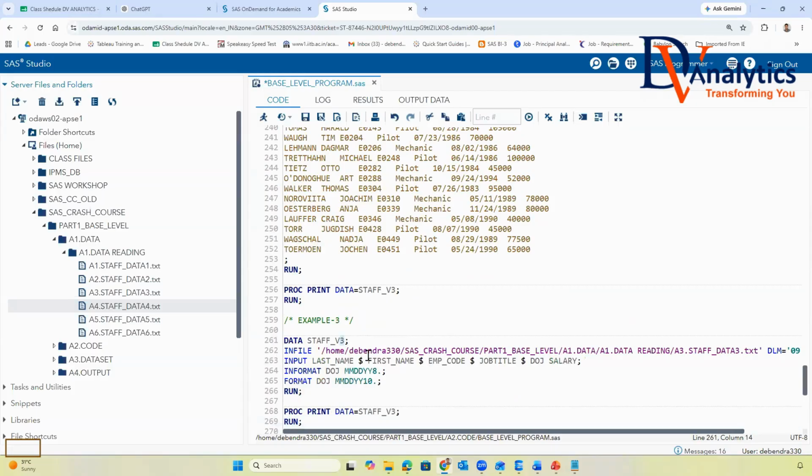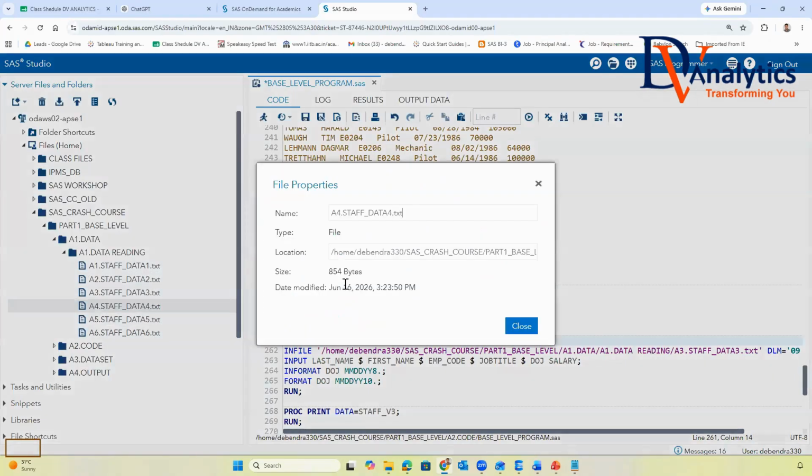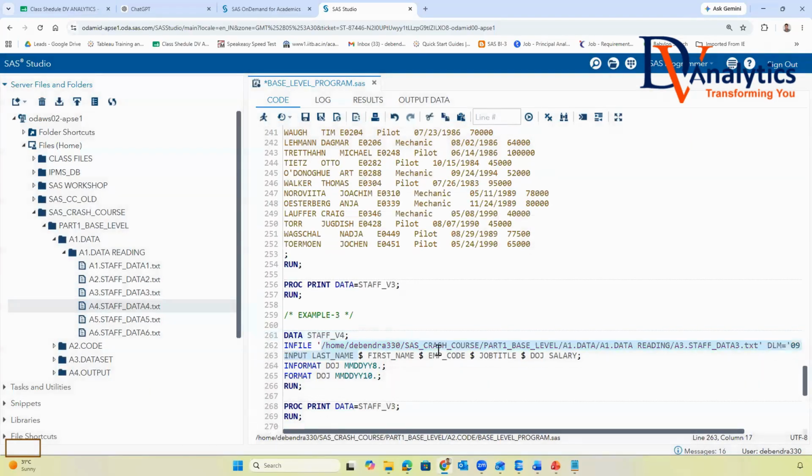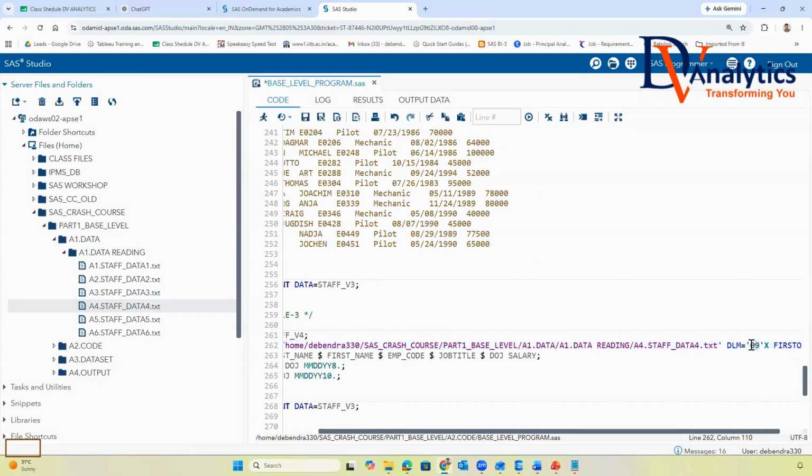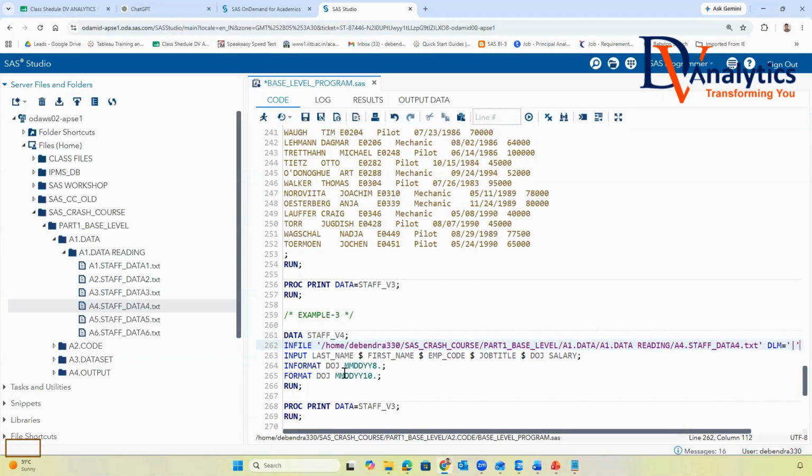I'll call the dataset name 4. And the file path would be what? Properties. Copy this file path and I'll store this file over here. DLM is equal to what? Vertical bar. Firstobs is equal to what? 2. Rest all is fine.